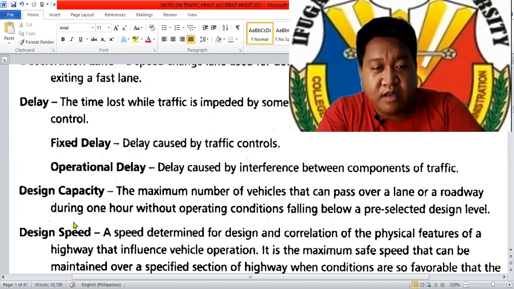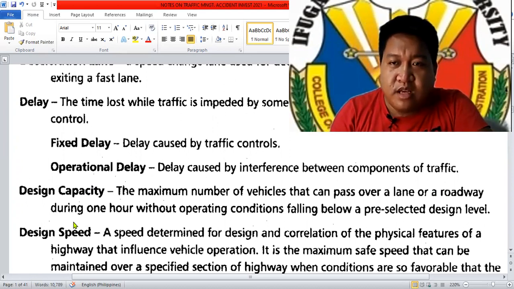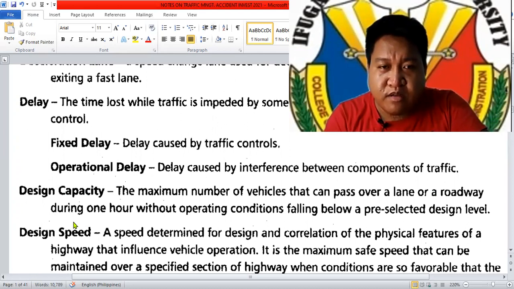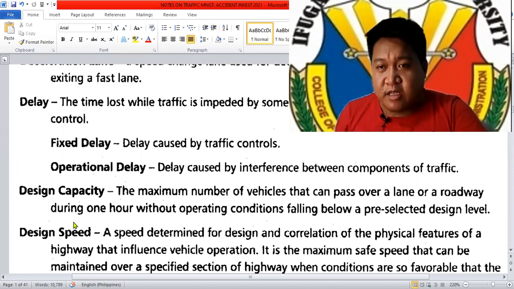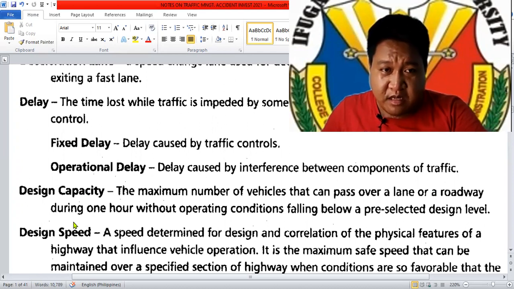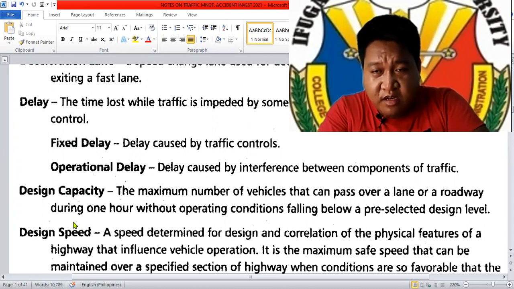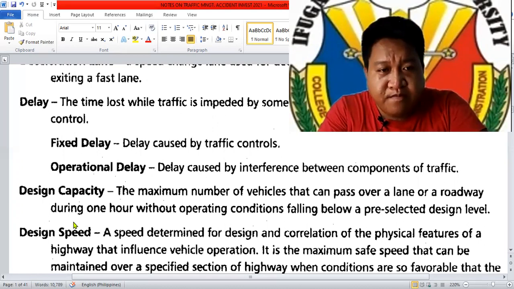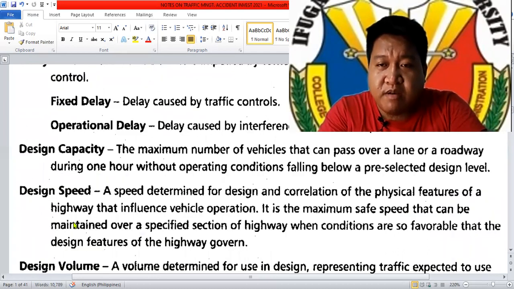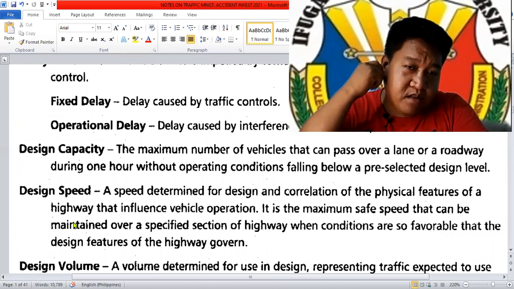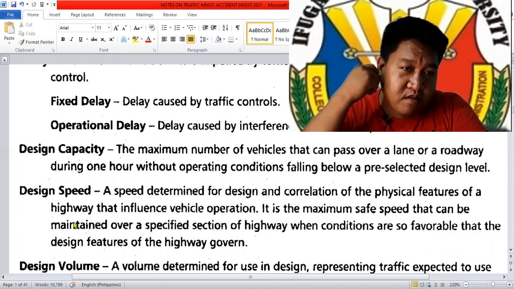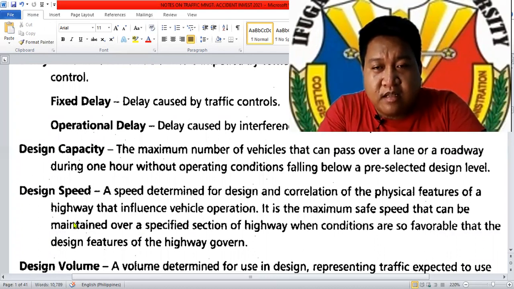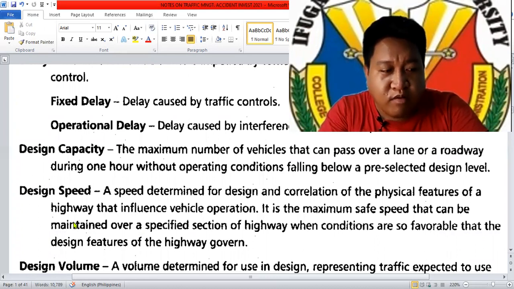Design capacity. Yeah. So, of course, in every roadway, in every area, in every part of the roadway or traffic way, it has always a design capacity. Yung bridge nga natin, it has a design capacity. Kung ilang tons lang, 2T lang ang pwedeng dumaan, more than that is not allowed. Design speed also, diba? Kaya may mga signages in such area, dapat 20 kilometers per hour, yun lang sa isang area na yan. Pag lumagpas ka dyan at na-aksidente ka, then that is the danger. Kaya nga danger warning ang tawag sa mga yan.